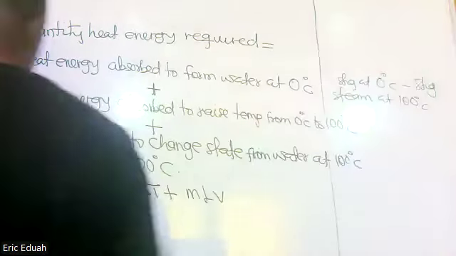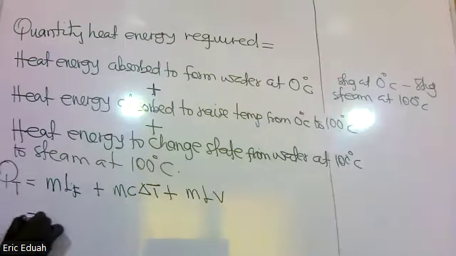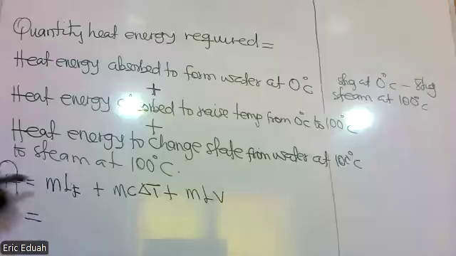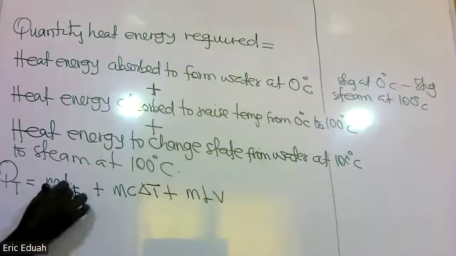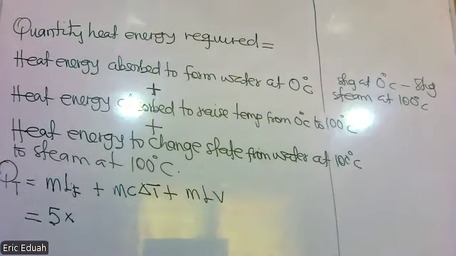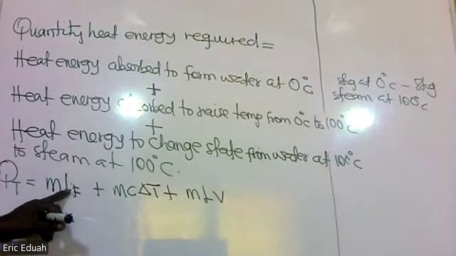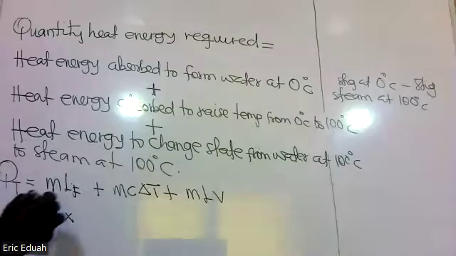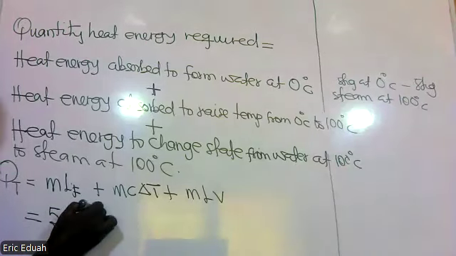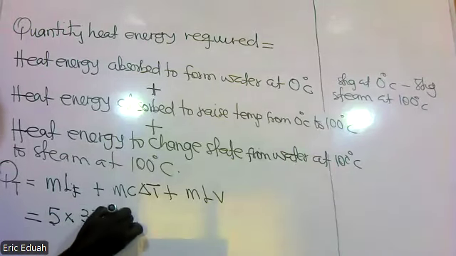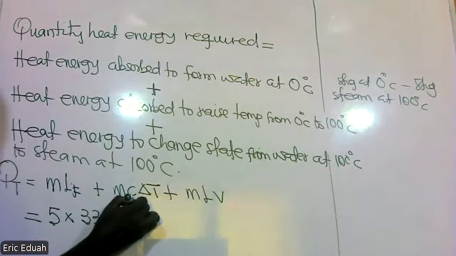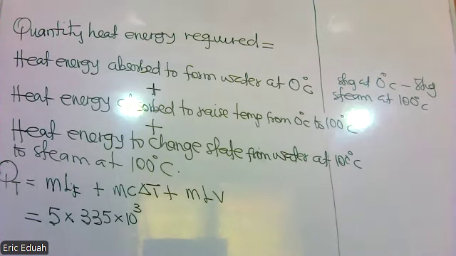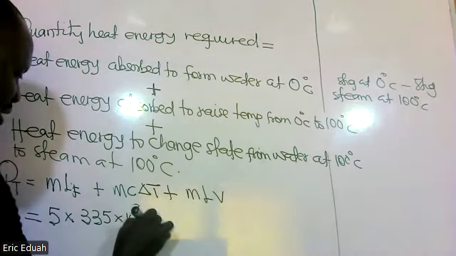Okay, so the mass of ice, 5 kilogram of ice times, Alvin, please mute yourself, the specific latent heat of fusion of ice, 335 kilojoules per kilogram. So plus